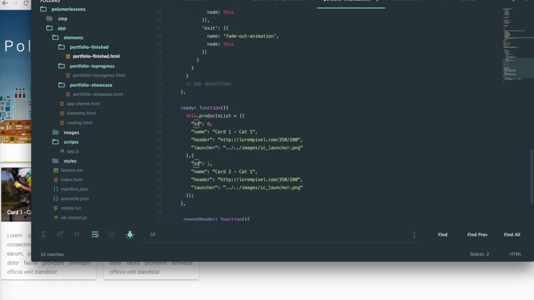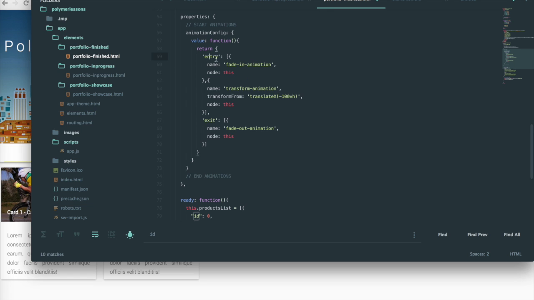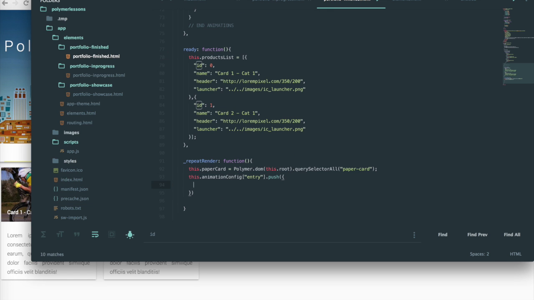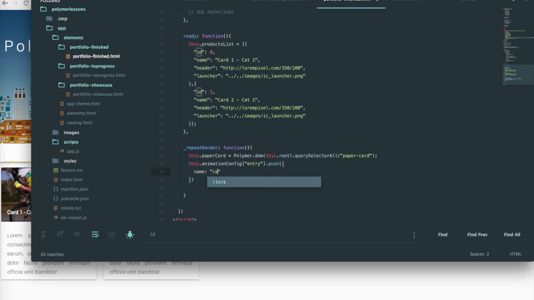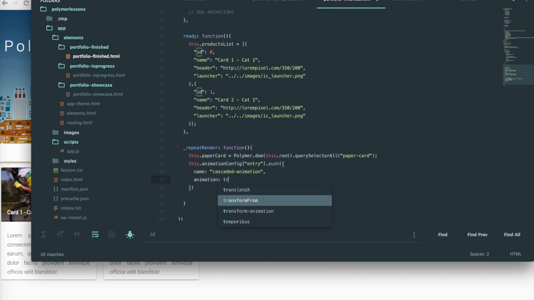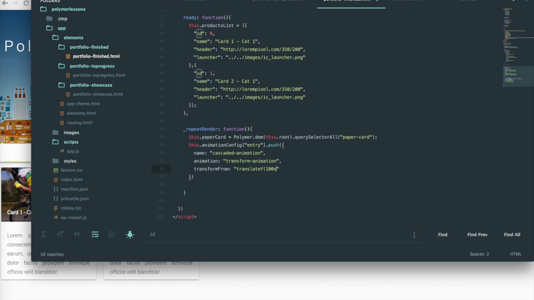Push, and we just add an object inside this, and we're gonna define it. So the same as we started to define over here, we'll say name: cascaded animation. We'll say transform animation, so the same, right? And as we did in the beginning, it's transform, where we're gonna say translateY, and we do 100vh, and here the nodes, with an S, we'll say this paper card. So if you understand now, cascaded animation will say it's